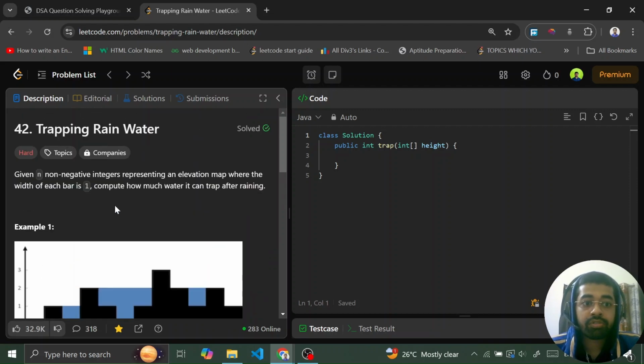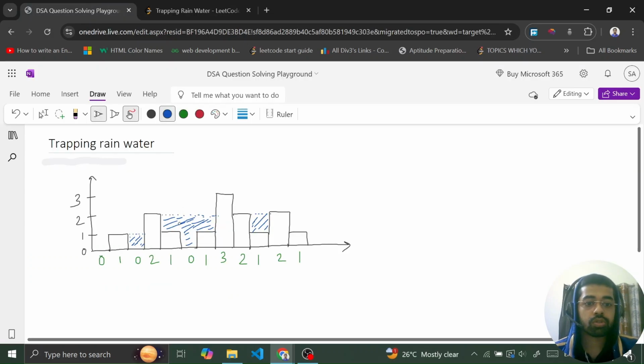And now I will go to the OneNote to explain more about the approach, and then we will code out the solution together. Okay, so here I have taken the same example as I was explaining. In this we have to devise an algorithm that will calculate the total amount of water which is stored. Okay, so the brute force approach which is coming to my mind is, whenever I am at any of these elements,